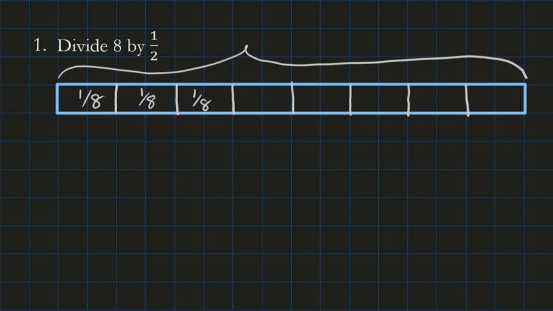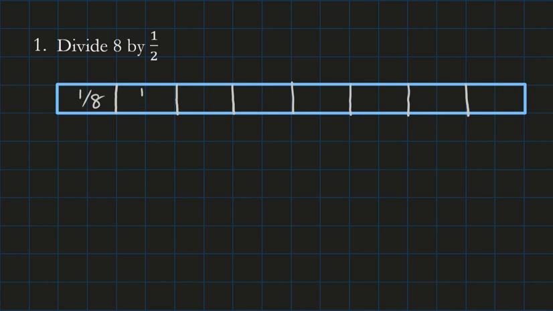Okay, now if I wanted to divide that by half, I will then break these ones further into halves. So I have half, half, half, half, half, half, half, half. If I'm now going to count, I would then have 1, 2, 3, 4, 5, 6, 7, 8, 9, 10, 11, 12, 13, 14, 15, 16. Hence, 8 divided by half is the same thing as 16,